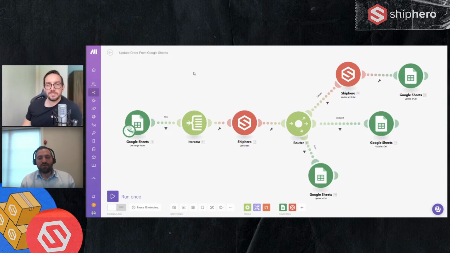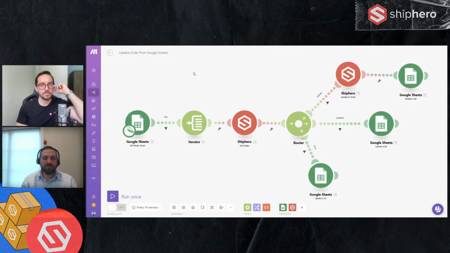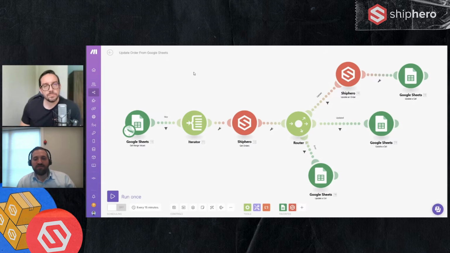Today, what I'm going to do is walk you through an example automation using the Shapiro app. I'll give you an overview of what the automation does, show it running so you can see it actually works, and then we'll go through and build this automation from scratch so you can get an idea of how the process works. What you see in front of you is what Make calls a scenario, which is basically an automation that you can build and run. These automations can be run manually one at a time, on a schedule, or based on some other triggers. Make has a lot of different approaches to scenarios. In this case, we're just going to have it run manually so you can see it working.